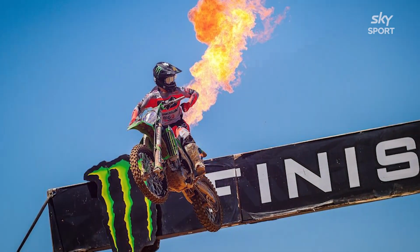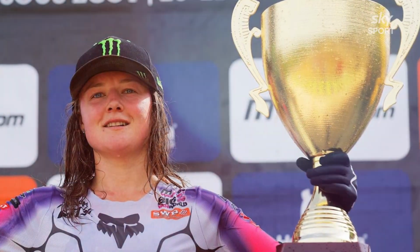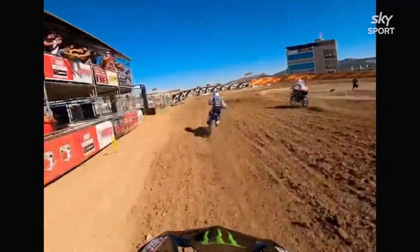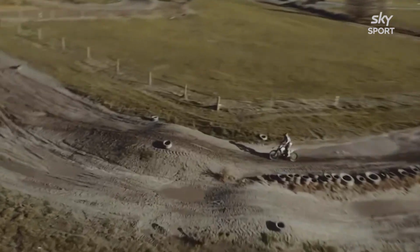It looks dominant, but I've been watching some of the races and I go, you've actually had to work for it, really work for it this year. Yeah, the competition's risen. They're really good. There's some young girls coming through that are really fast, got some good raw speed, so it's keeping me on my toes. What's defining your season? It's a good question. I think the pre-season back home in New Zealand really helped me get on the right foot